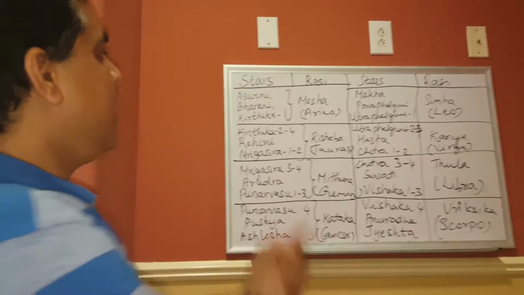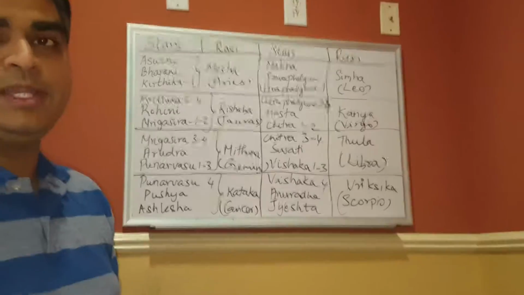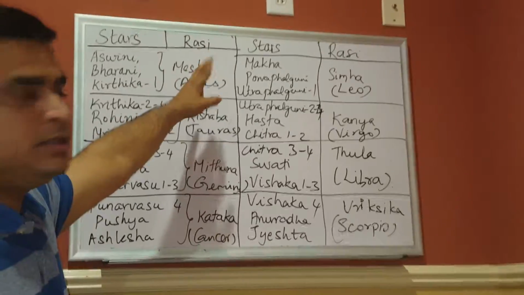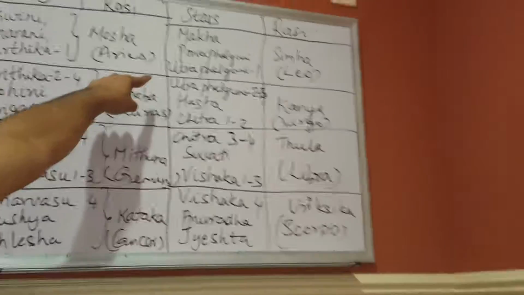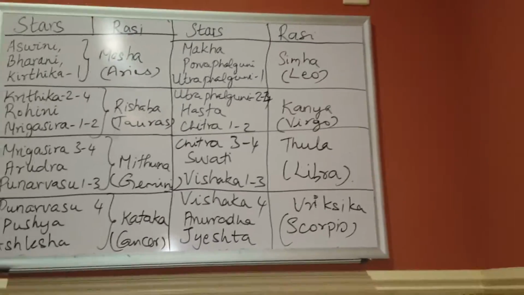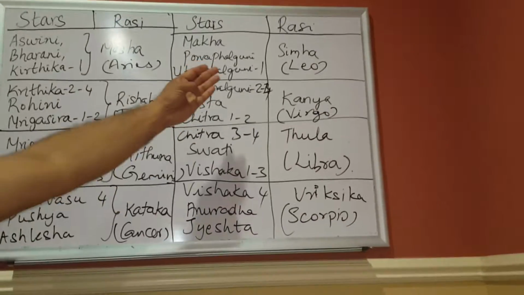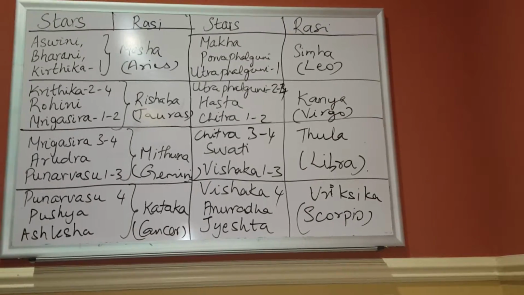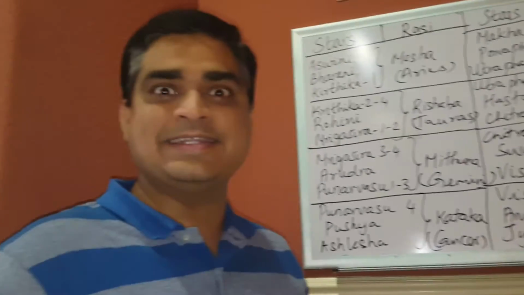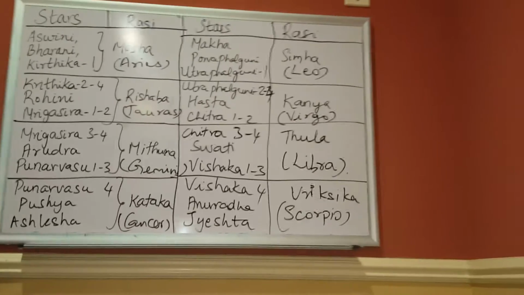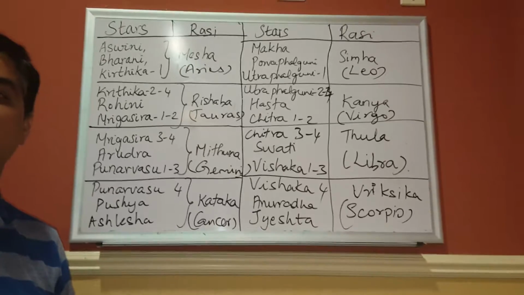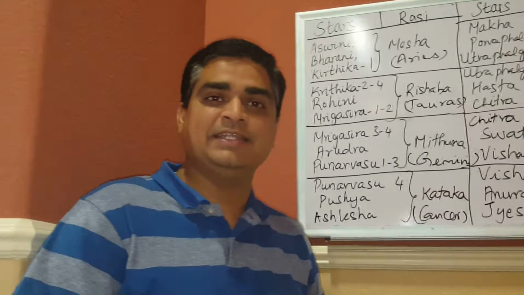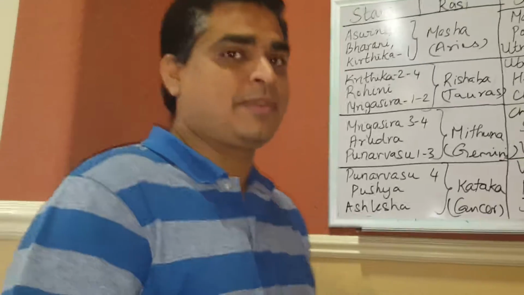So now let's hop on to the right half of this whiteboard. We have done the same thing. We have Makha, Pura Phalguni and the first quarter of Uttara Phalguni falling in the Rashi of Simha. The English equivalent for Simha is Leo. And you know who is the owner of Simha? It's the mighty Sun. That's why we say that people born in Simha Rasi are extremely powerful. The reason is very obvious, because the Sun is the owner of Simha Rasi.